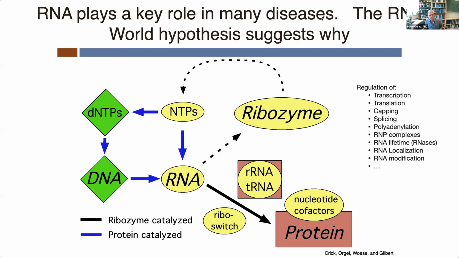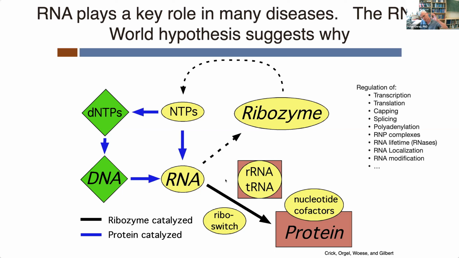Yeah, so I guess for this audience, I think it's quite clear that RNA plays a key role in many diseases. And from the RNA world perspective, I think it's pretty clear why. The RNA world hypothesizes that life started with RNA and steadily embellished function by adding protein through the ribosome and translation, and embellished further the ability to store information in DNA. But it's thought that life started with RNA and catalytic reactions involving RNA.